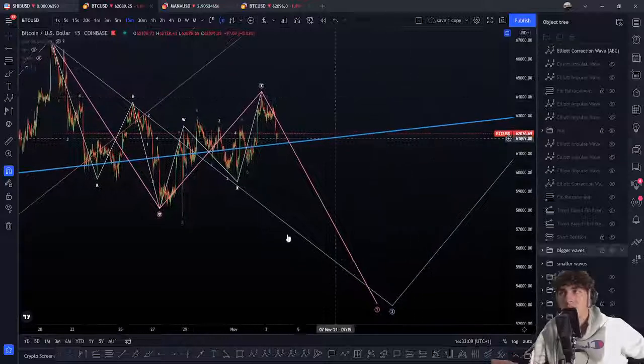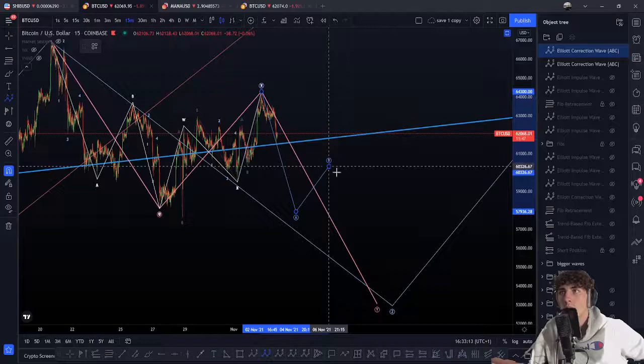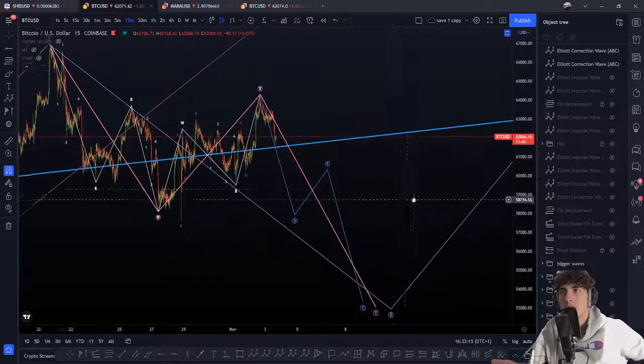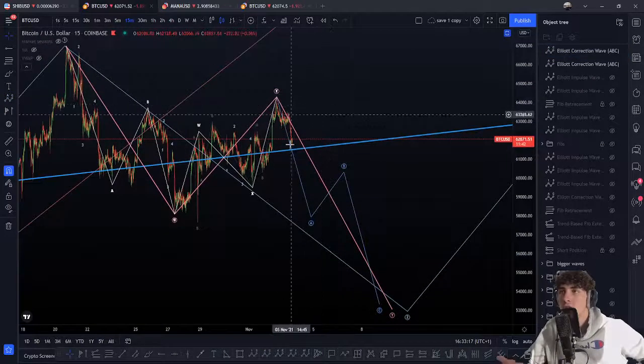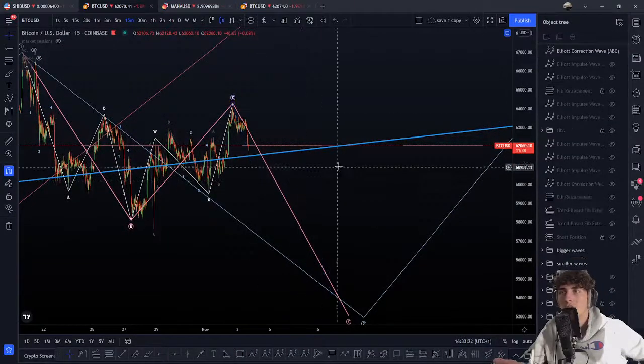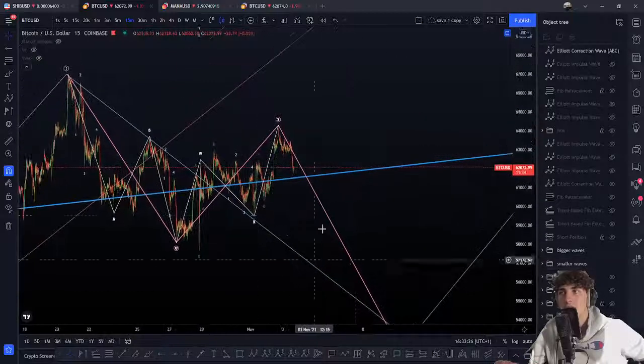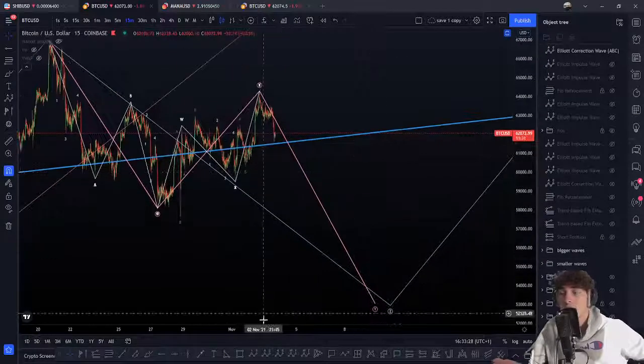We can expect with statistics that we'll have more chance to get an A wave, a B retracement, and a C wave here. Okay, A, B, C. Now for now it's a bit early to say that, and the work here is more for VIPs, you know, the Discord server. But this is normally the ABC we should get just right there. Okay, we can still get, for example, a triangle.